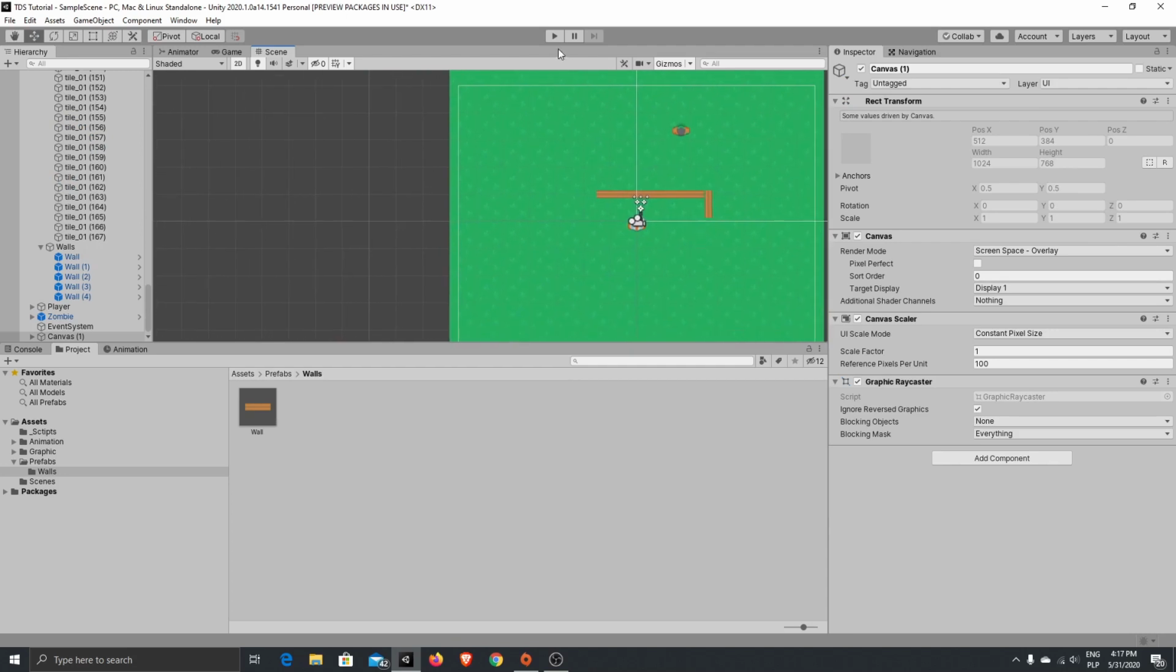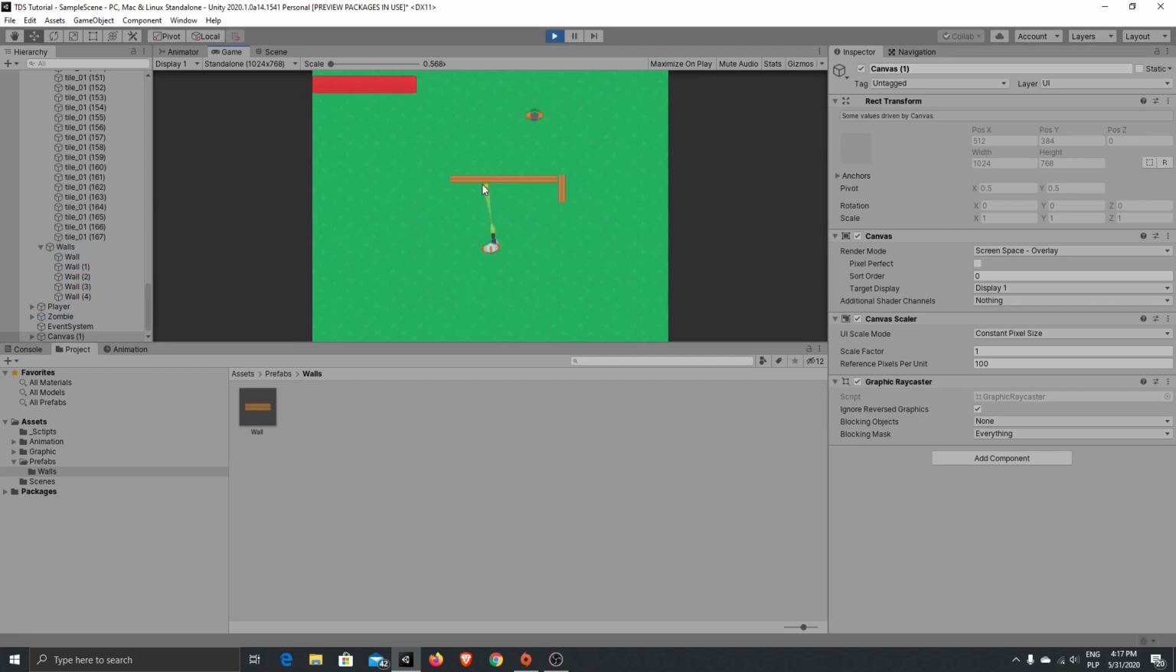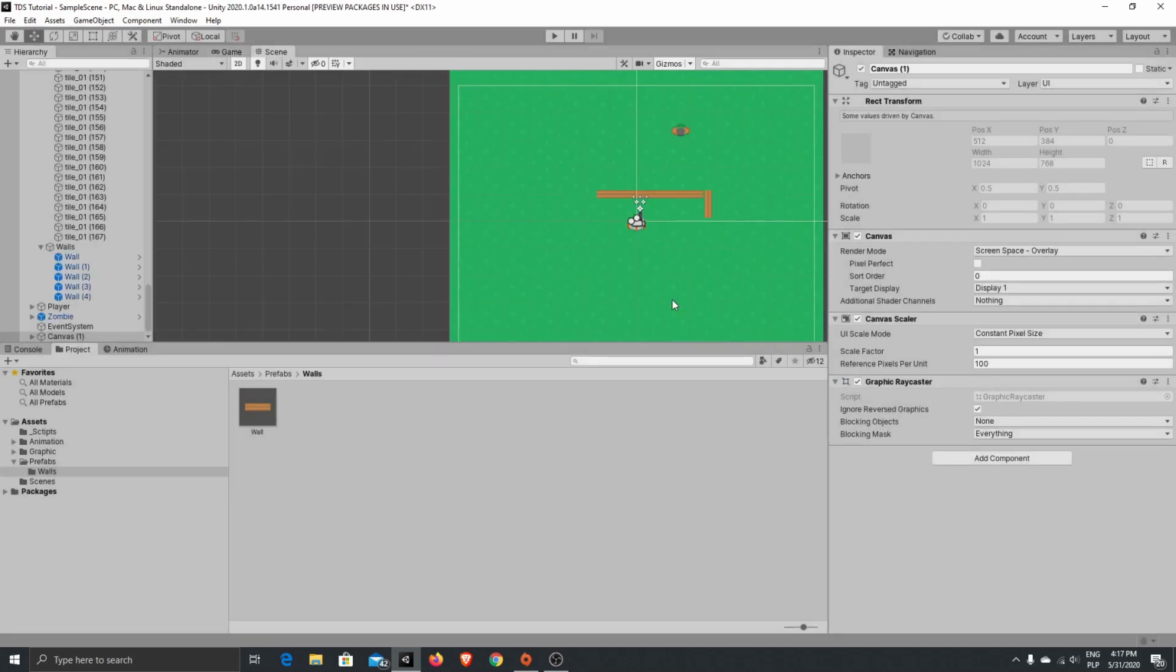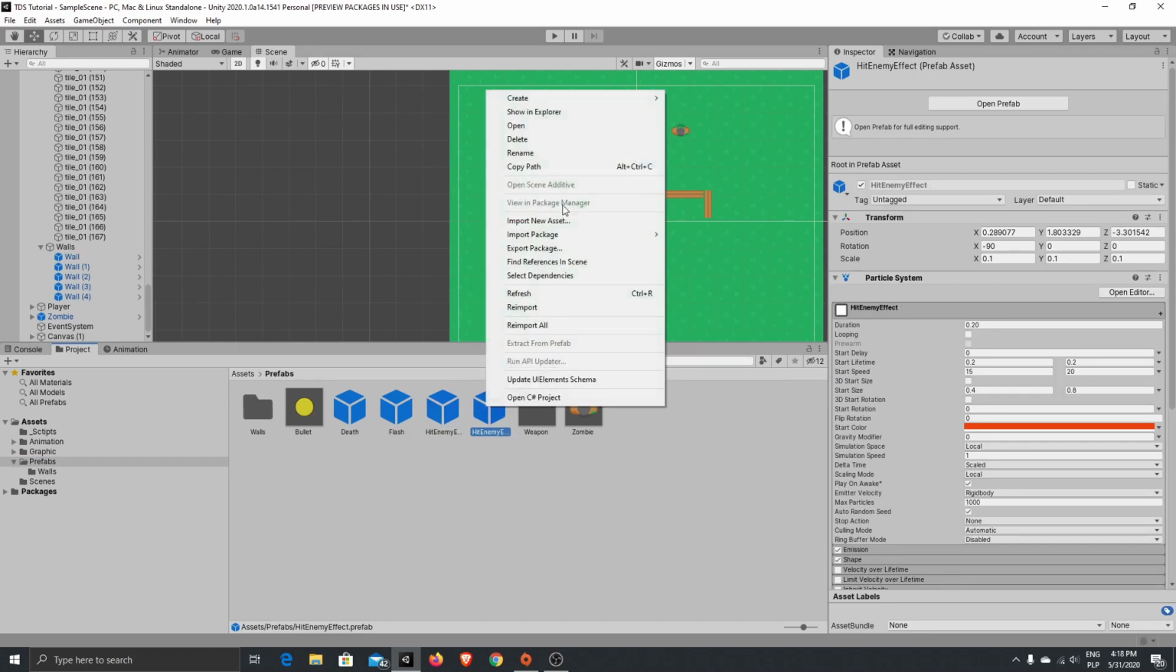Okay. So what we have done now is create a wall with a box collider, and if we shoot our wall, our bullets get destroyed, as you can see here. Last episode we created an effect when we hit our zombie, we have a blood splash. So let's create the same for when we hit the wall. So let's go to our graphic prefabs and let's duplicate the hit enemy prefab. Let's name it